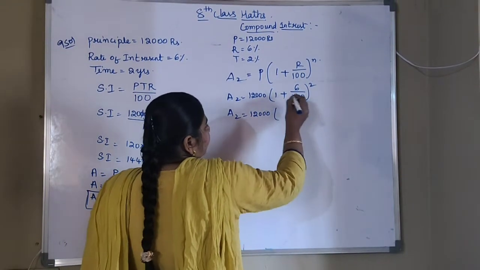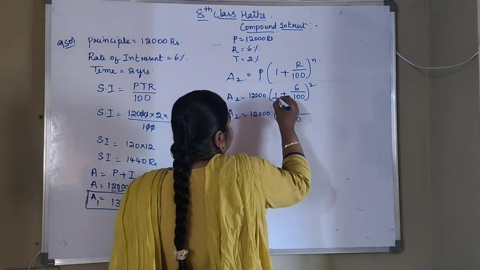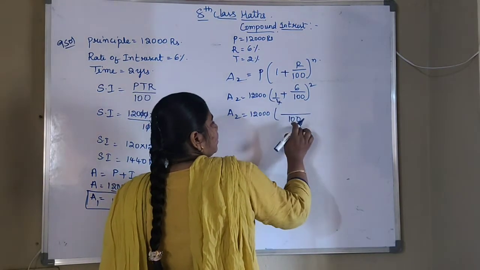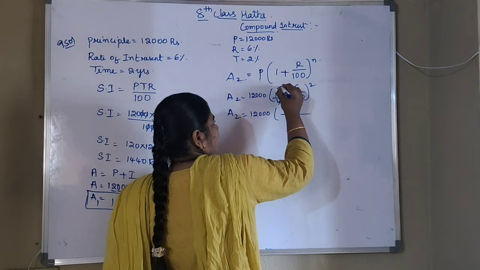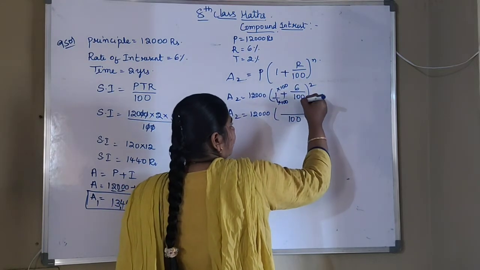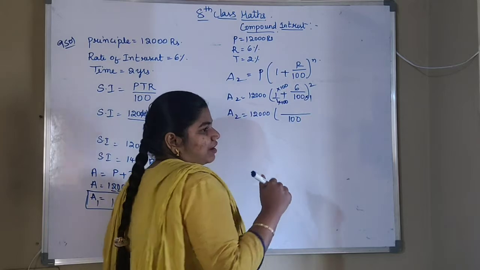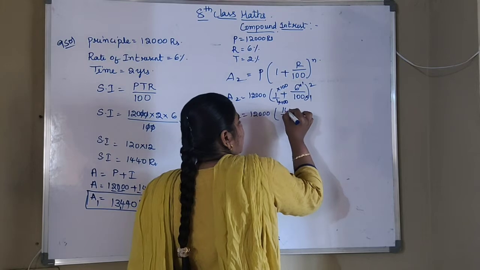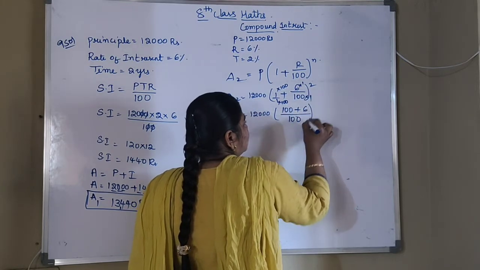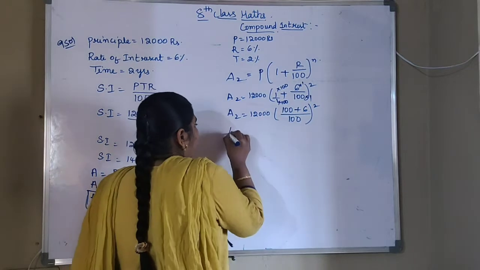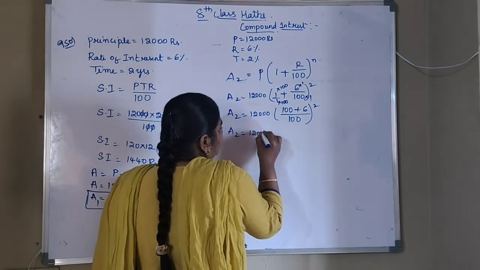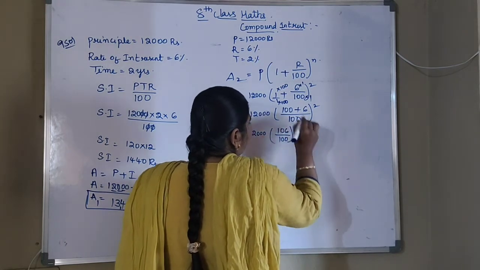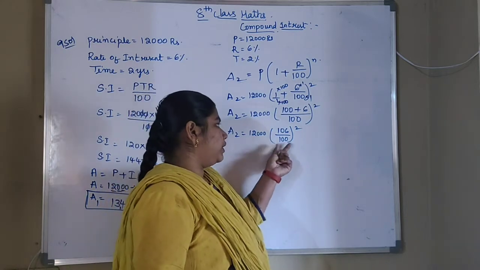Okay. So A2 is equal to 12,000. Here I am taking the LCM. So LCM will be 100. In the denominator nothing is there, that means that will be equal to 1. So for 1, how much you will multiply to get 100 here? Into 100. In the same way for 100, how much you will multiply to get again 100? That is 1 time. 1 hundreds are 100 plus 6 ones are 6, whole square. Okay, so A2 is equal to 12,000. 100 plus 6 will be 106 by 100 to the power of 2. Now this value we have to multiply how many times?